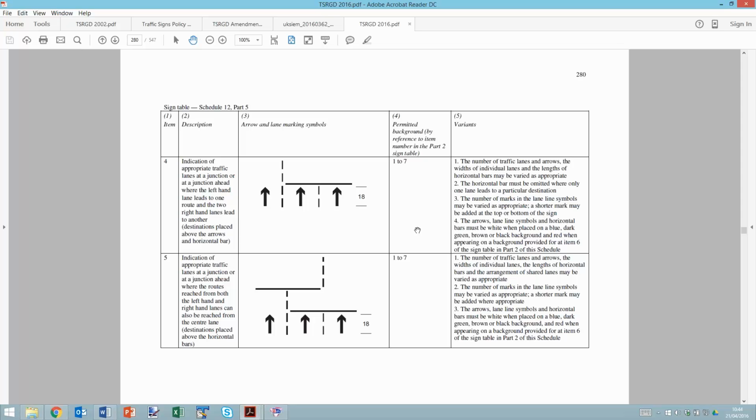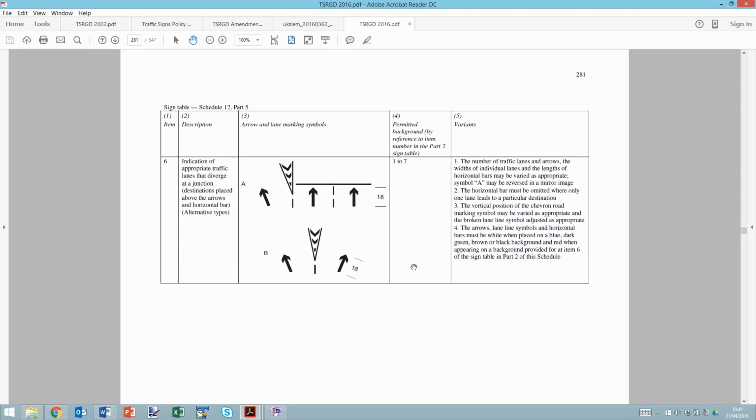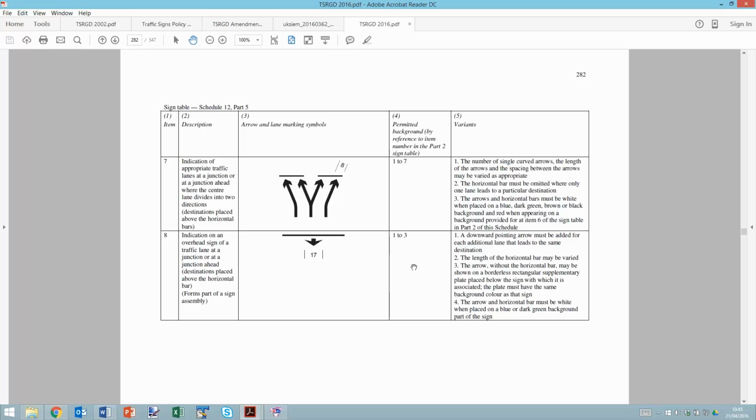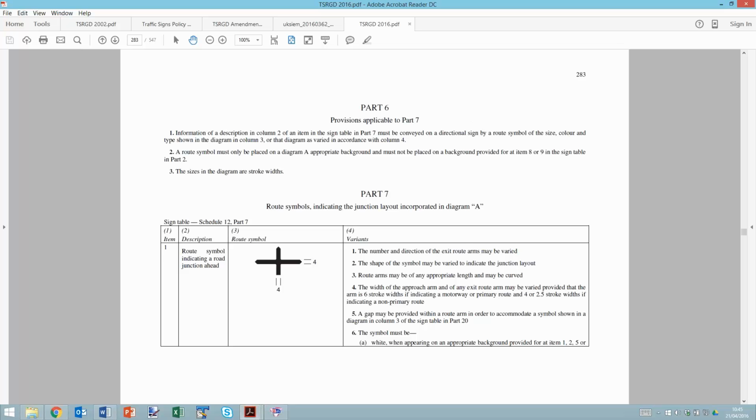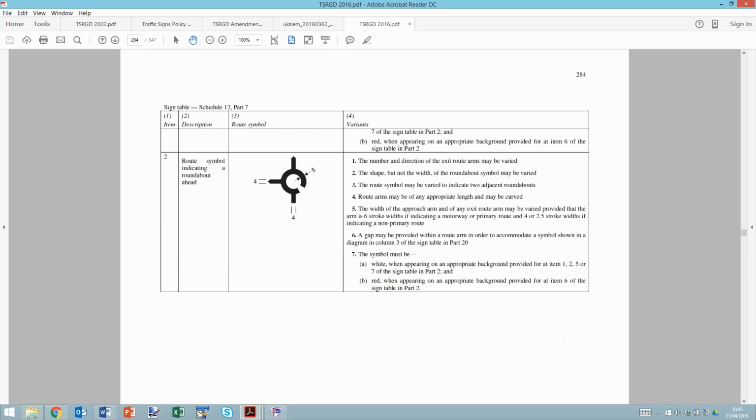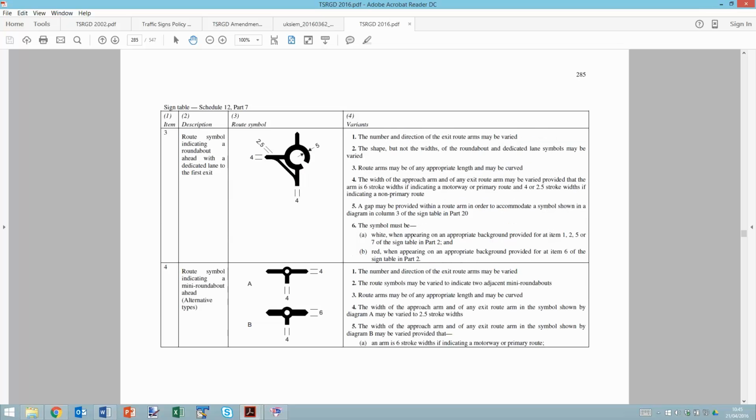So that's a design change that you will see in KeySign going forward, where we can enable those components that are new in the regulations. They've also got a central one for a splitter where the 2 lane arrows are angled at the bottom of that page, and so on and so forth. So this, going through right the way through to page 290, shows the components that are used within the newly laid out regs. And they all have their different variants.